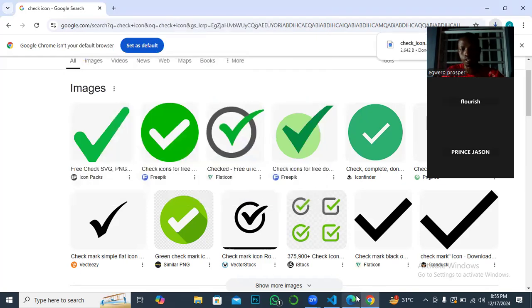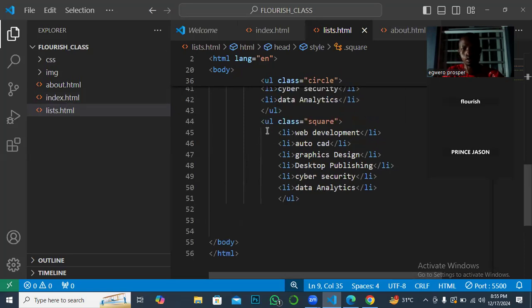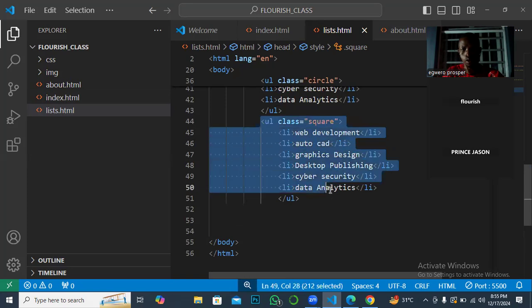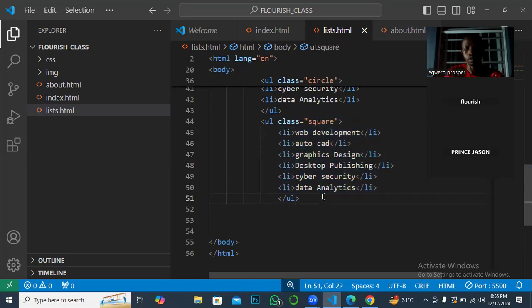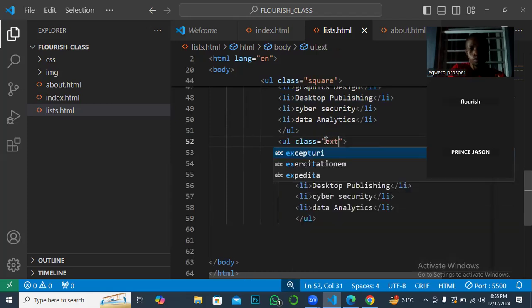So now that I've saved it, the next thing I'm going to do is to go back to my editor and use a CSS property to call it in. So let me also copy this section, Control C, and paste. Then let me give it external icon. So that is what we are learning now, how to use external